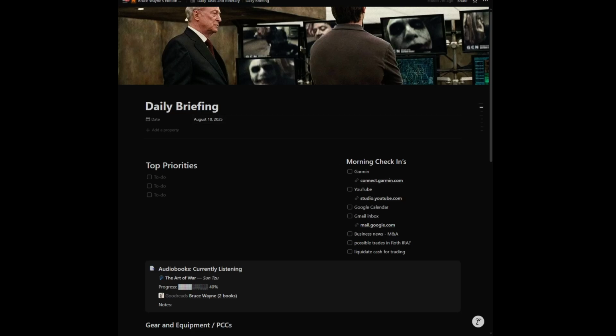All right, this is my daily Notion template. A lot of people have been asking for it, and I wanted to get it to a certain point before I shared it, but I came to the realization that it's going to take me a while to get in